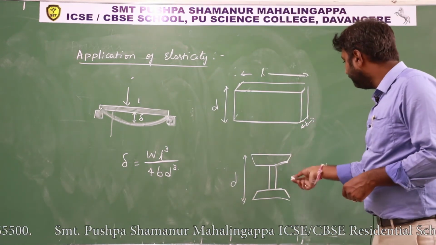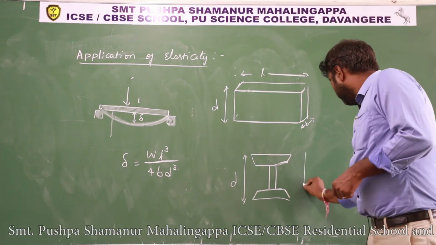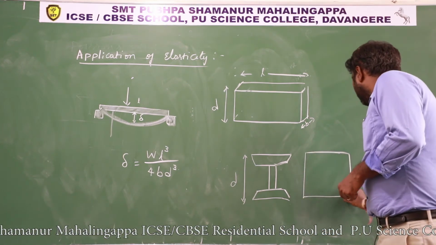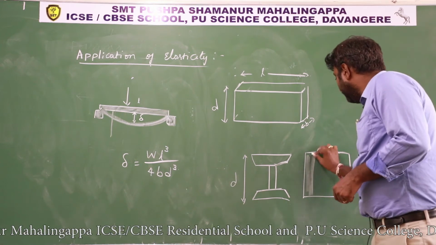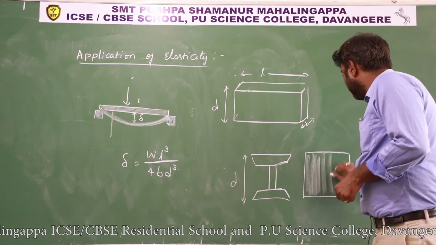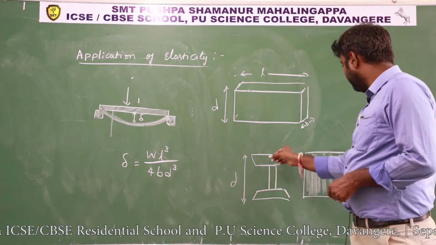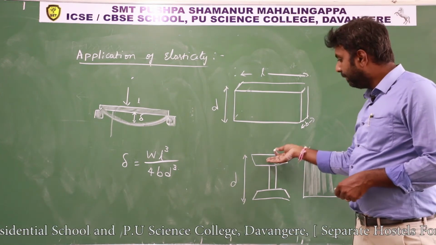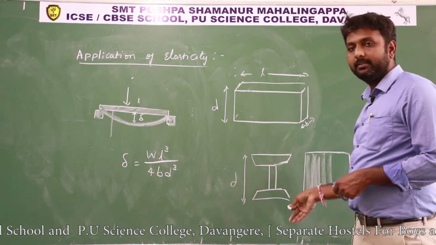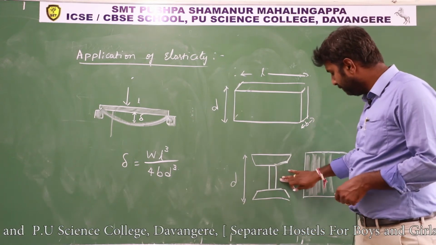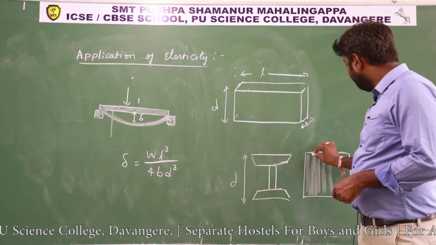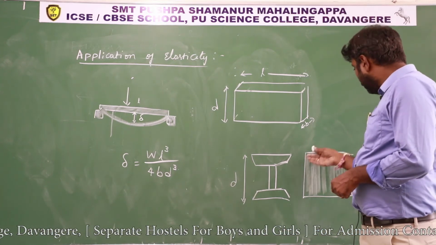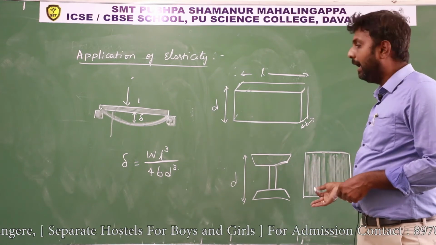Okay, in place of this I-beam, we can use this block also, right? So what is the need of using an I-shaped beam? It is also having the same depth and the same breadth, isn't it? Here the material cost is less because this part has no material. But if you place a full block, we need more material. The material cost will be high.